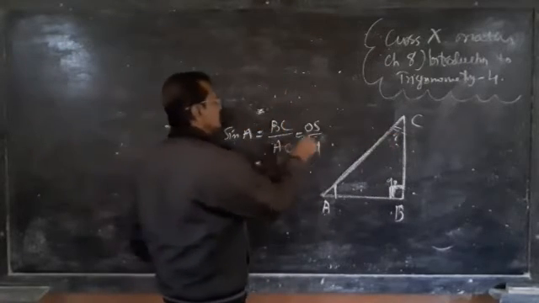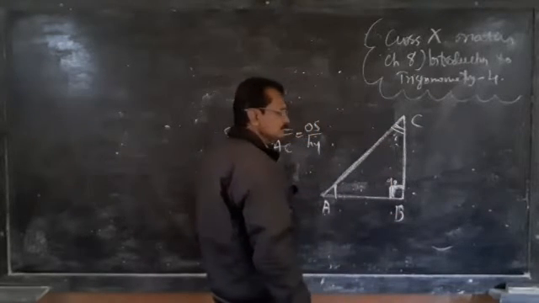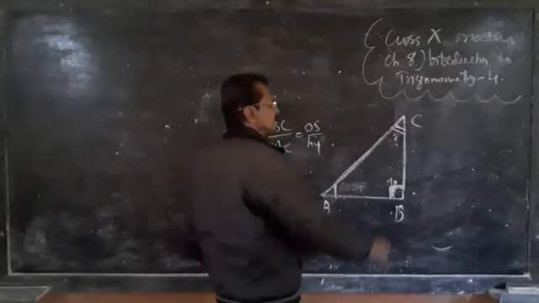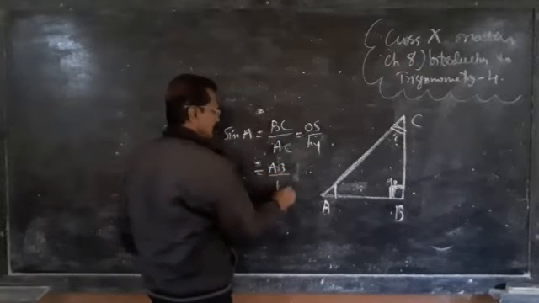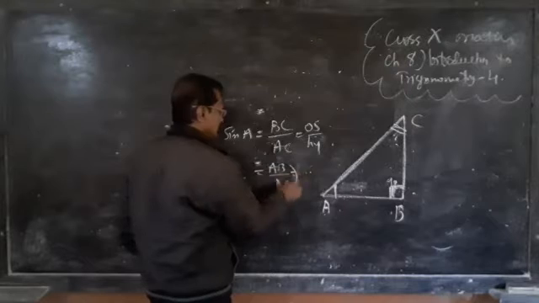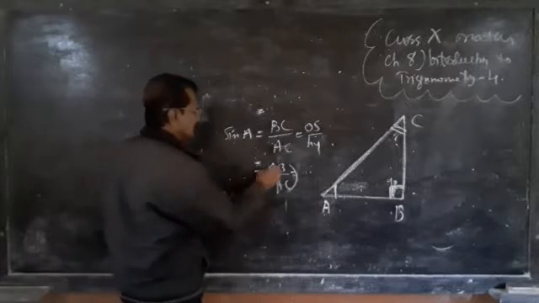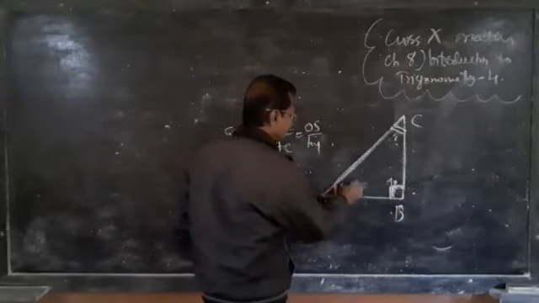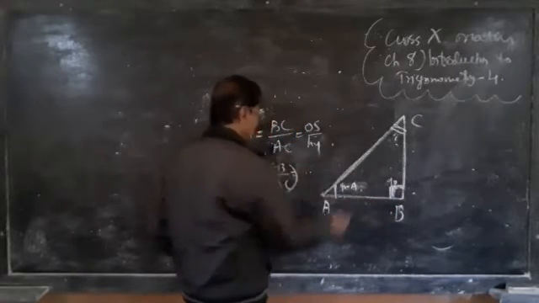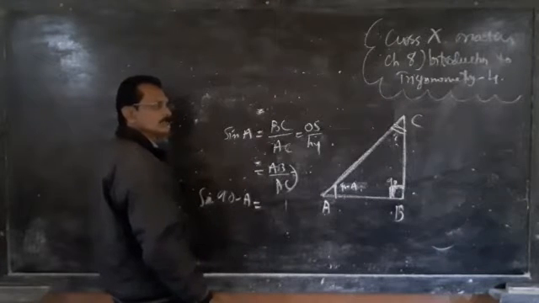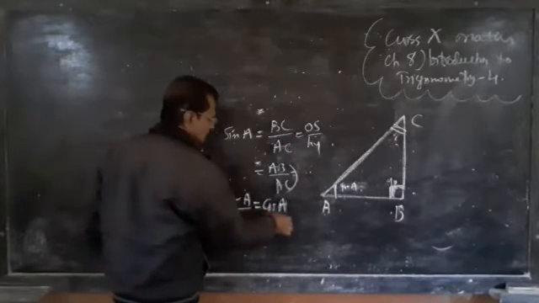So that means what is opposite C? C का opposite कौन है? AB है ना? Opposite side divided by hypotenuse, when you start from here, AB by AC. Now what is sin 90 minus A? What is AB by AC? अगर आप 90 minus A ले लिया तो AB by AC means AB becomes adjacent side and this is hypotenuse. Adjacent side by hypotenuse means that is cos. So that means sin 90 minus A equals cos A.